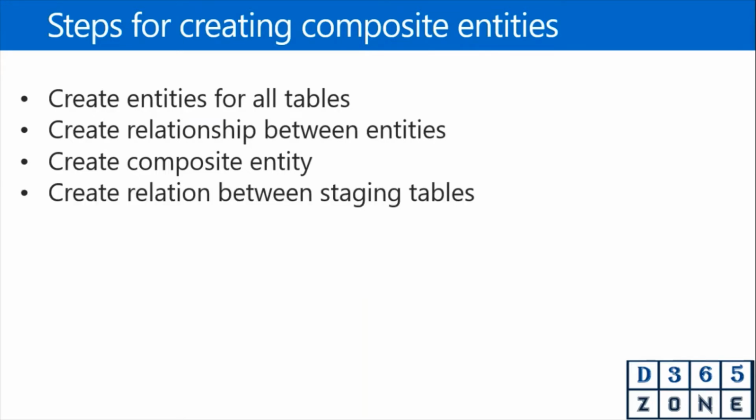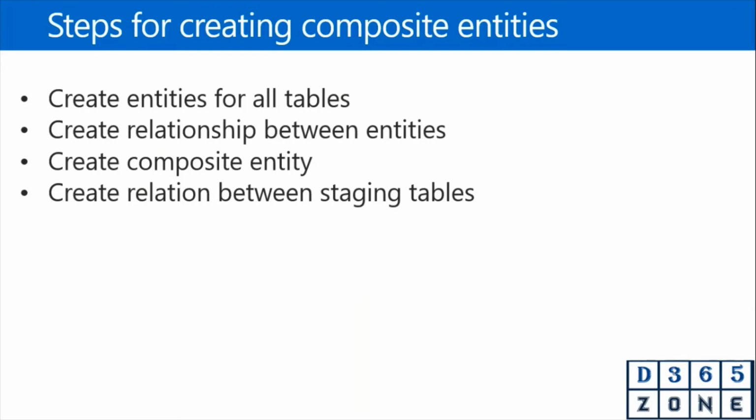And the fourth step, the information is coming and sitting in the staging tables. So now I want to link the header staging table to the line staging table. So that's where the row ID and parent row ID play a part, because I wanted to say for this header, there are multiple lines that are coming up, right? In that case, I can go to the staging tables and create a relationship between them.